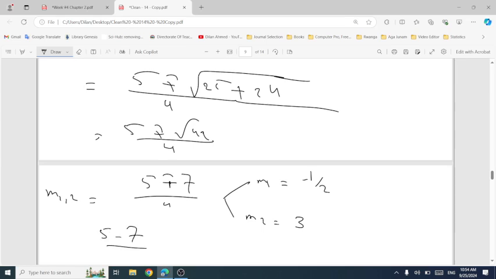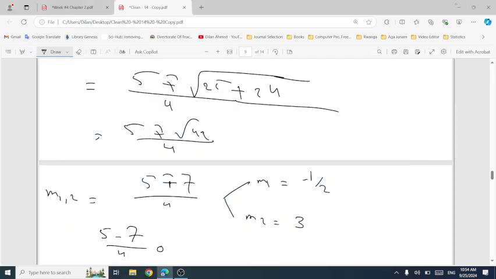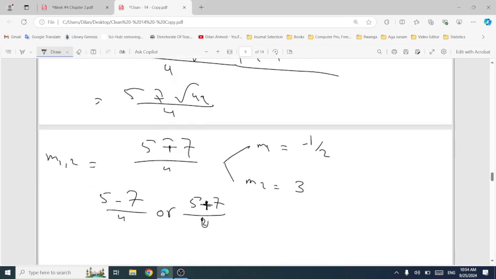Minus 4 or minus 1 over 2 ما كاتا مش أنا كاتا